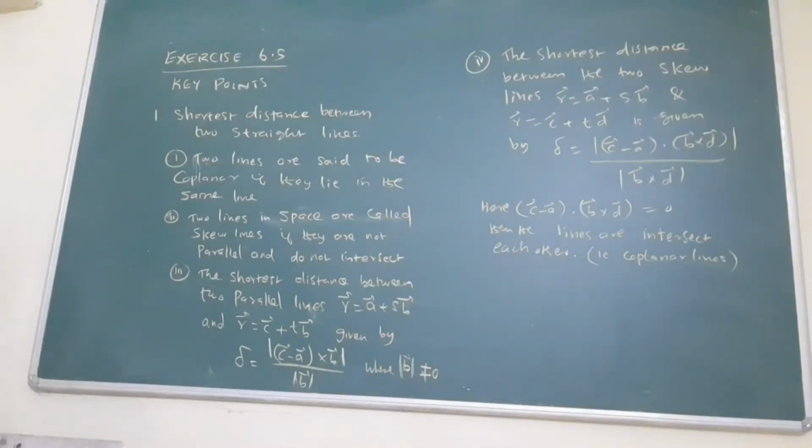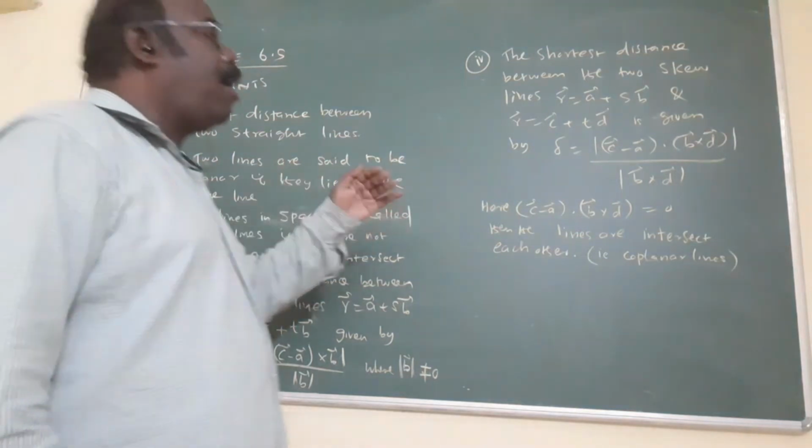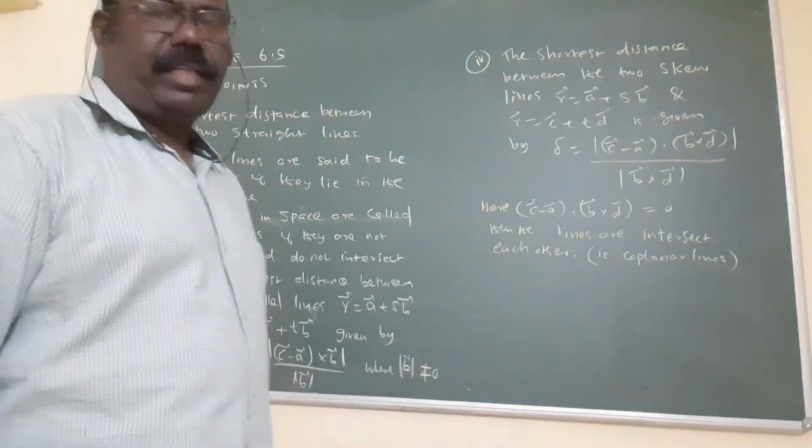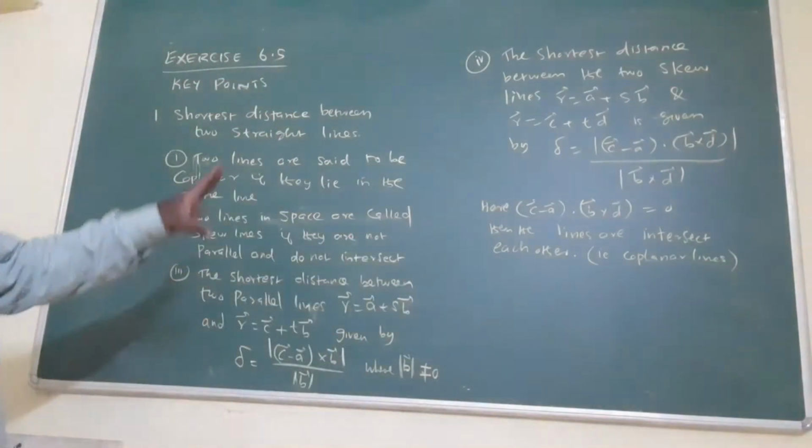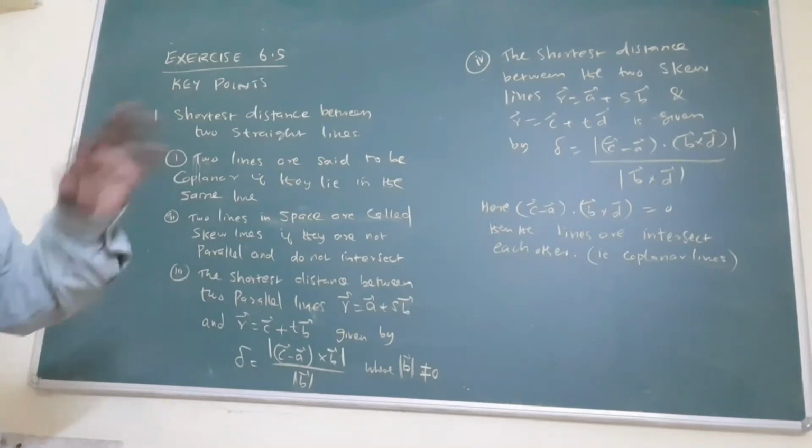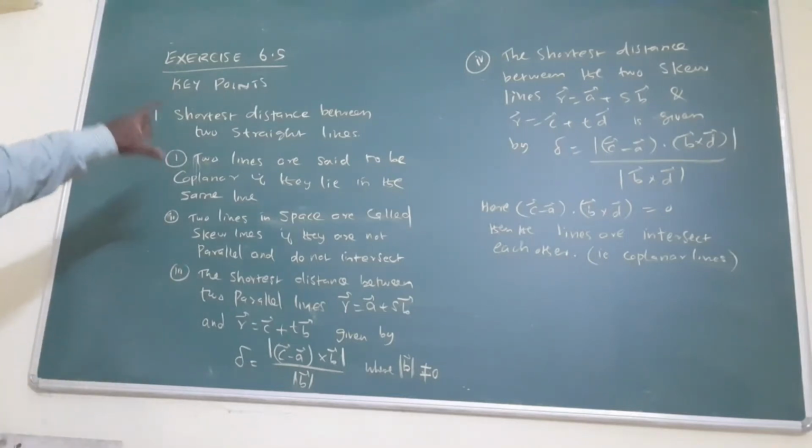In the exercise, 8 problems are there. Some examples also are there. We have only two formulas, and also finding the point of intersection is ordinary work only. I will explain everything. This is a formula actually. Point of intersection is a small idea. Anyway, you must solve all the problems using the formulas from this exercise. I will do it.